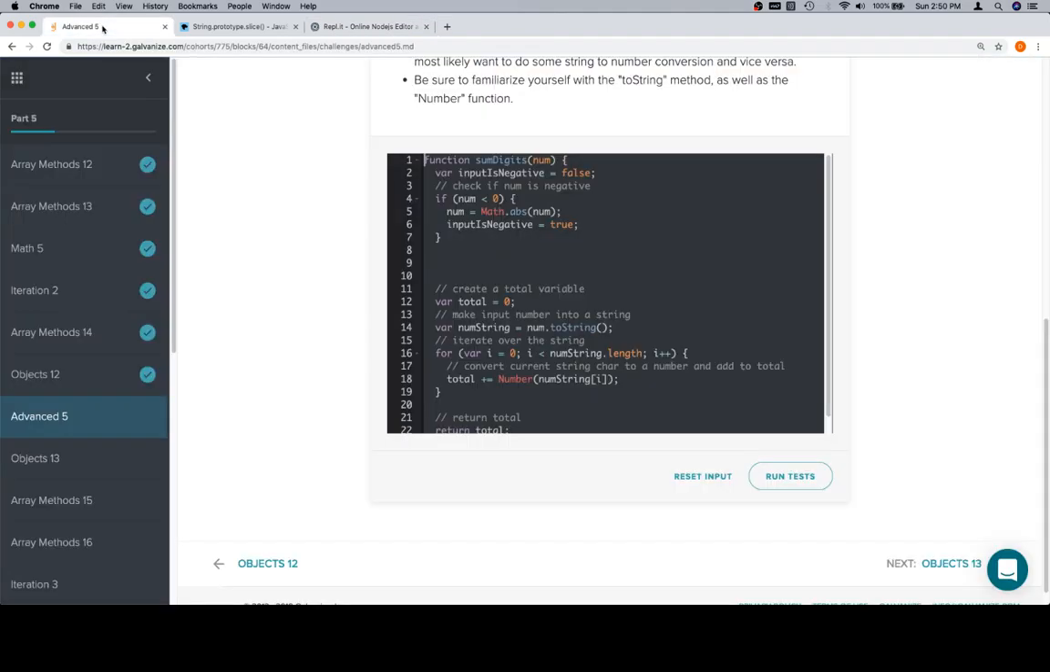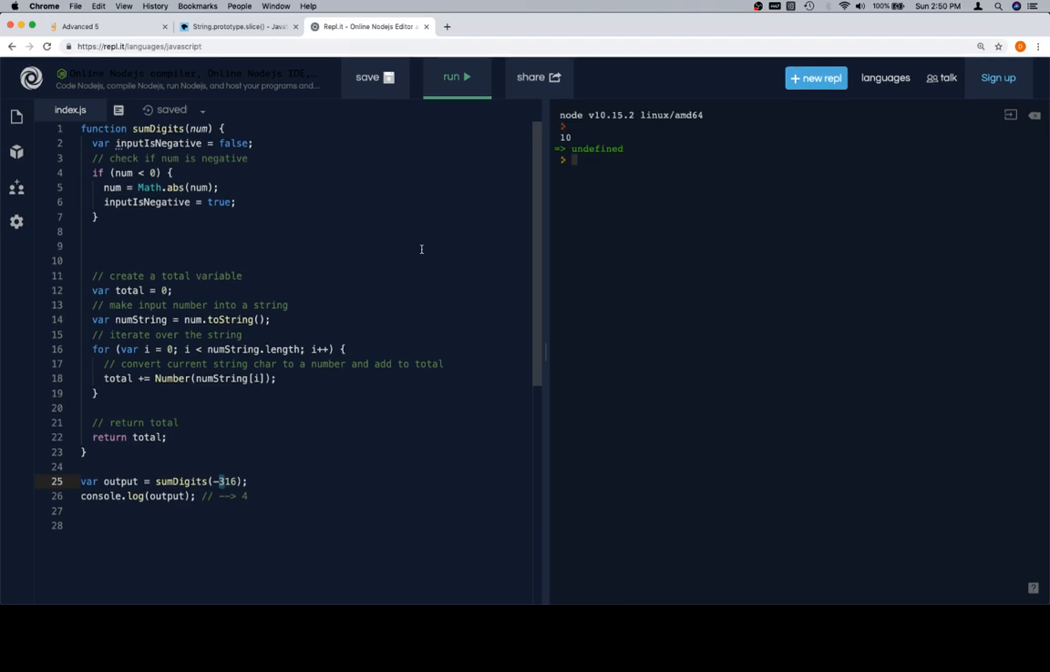So the way that we're going to do that is we need to hang on to the first value somehow. We have the first value here. Variable numString is equal to num.toString. So we have this numString value, which will allow us to access the first number